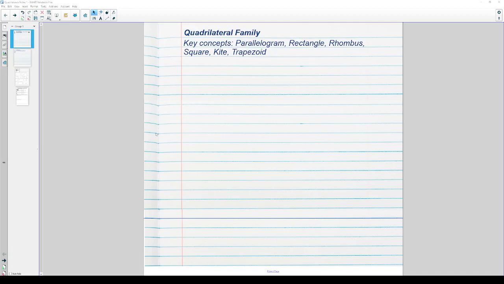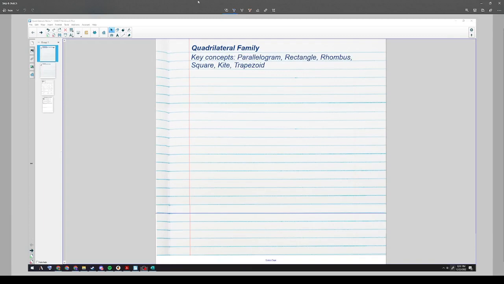All right, today and for the rest of Chapter 6, we're going to be talking about quadrilaterals. So we looked at some refreshers on polygons. Now we're going to get into specifically four-sided polygons and all the different varieties that they come in. This video is just going to be an overview of the general family tree of quadrilaterals, kind of like we